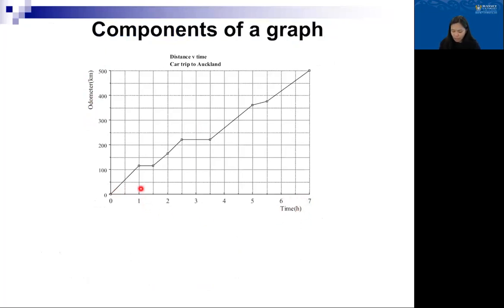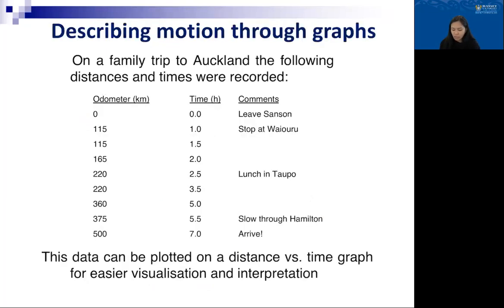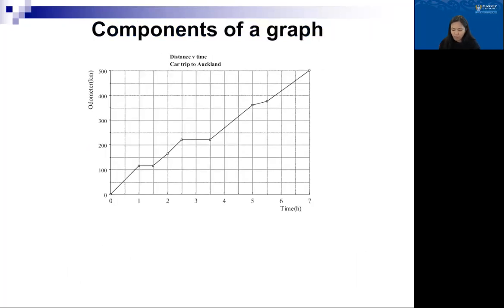After 1 hour, you've covered a distance of 115 kilometers, and then you stopped. So you still have the same distance covered for half an hour. For half an hour, you stopped, and so you did not move. And then if you continue plotting what's in the table, you can come up with this graph, which is